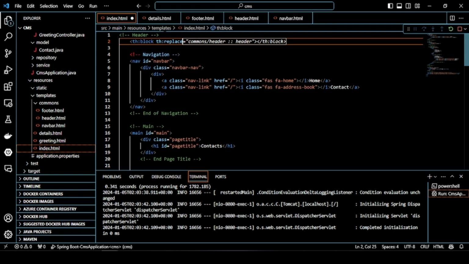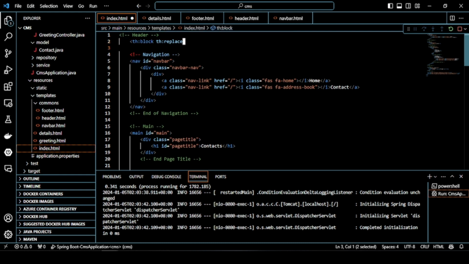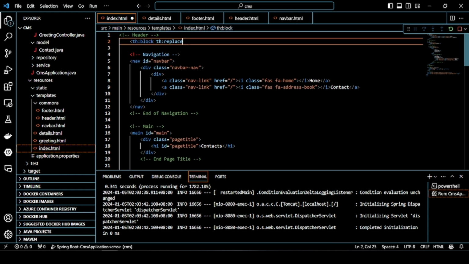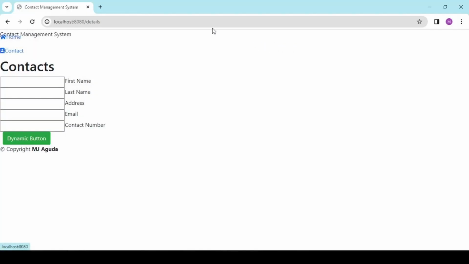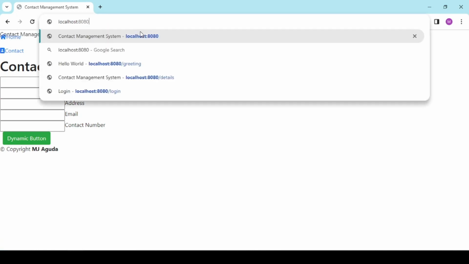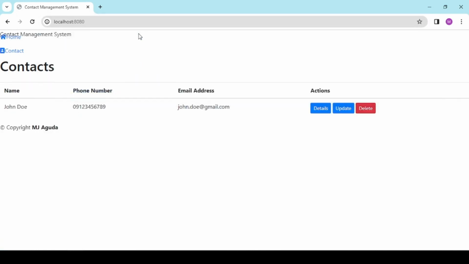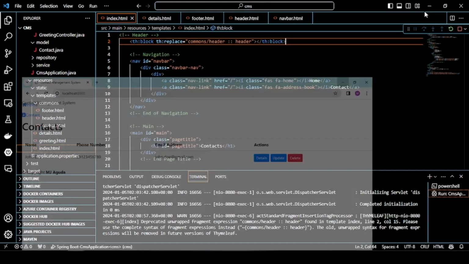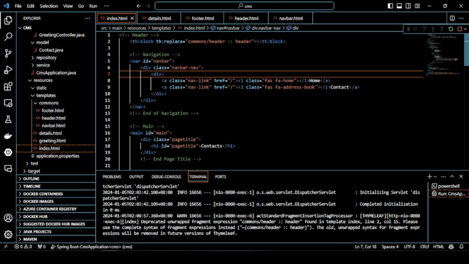And as you can see, GitHub Copilot has a suggestion that we will traverse the path commons, which we've created earlier, commons/header, and that is a header. Okay, let's accept this one. So let's try our index if it returns the same page. Okay, there we go. So let's do that to our navigation